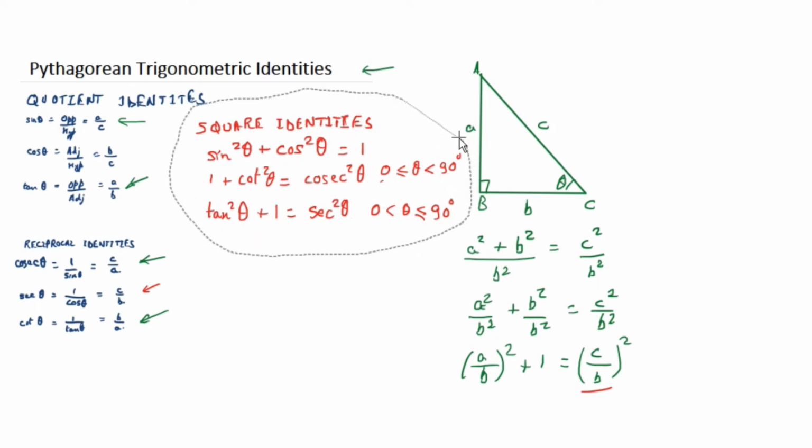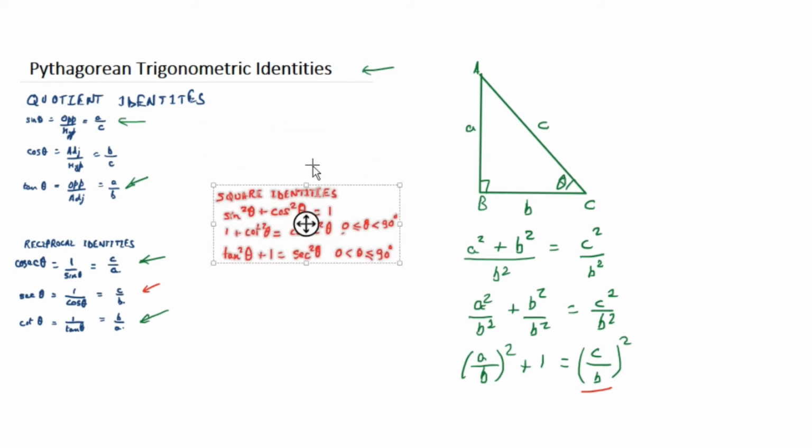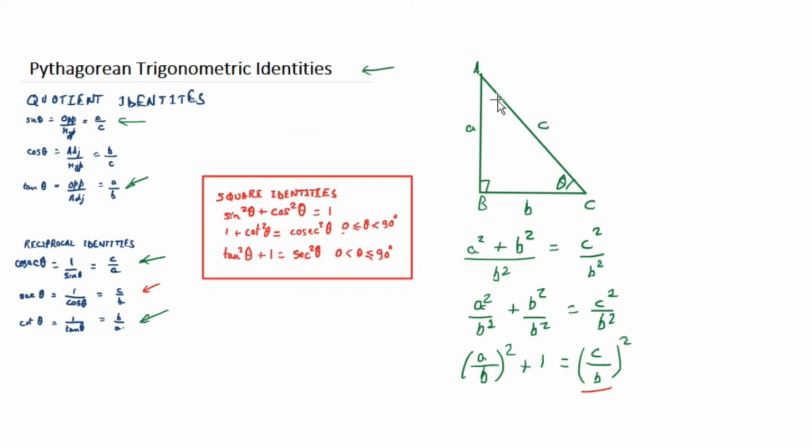Wasn't it simple? So I hope you learned about all the square identities and why we call them the Pythagorean trigonometric identities, or why we call them the trigonometric square identities, why these are called the quotient identities, why these are called the reciprocal identities. Well, this was all a video about all the identities that we have. Well, we are going to have a lot more identities also, which we'll cover in the coming videos. But for now, this is what you need to know, and probably in the next video we are going to look at some questions and learn how to solve them.